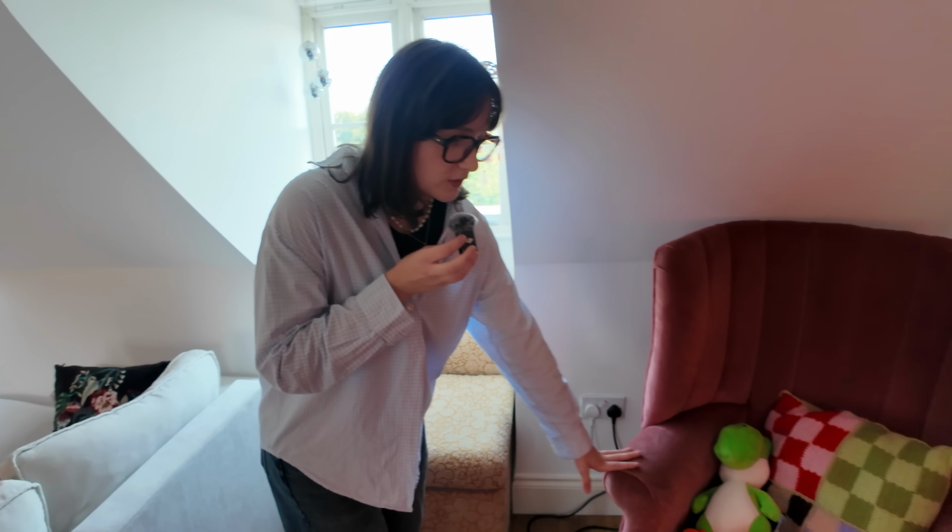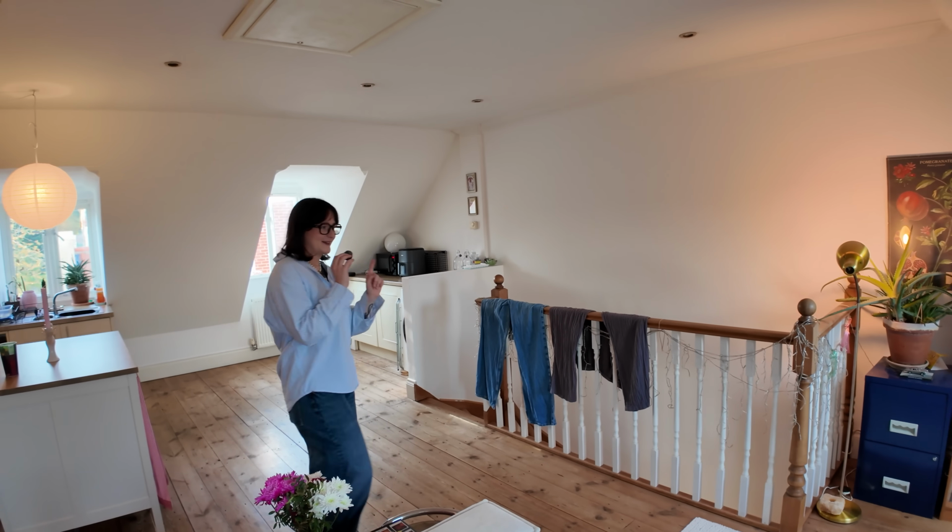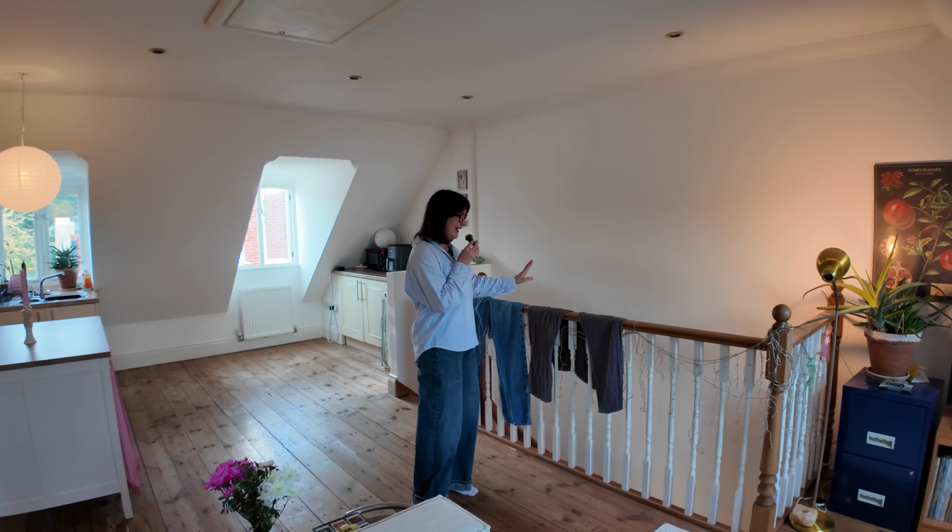Same as this gorgeous, is it Laura Ashley? Laura Ashley chair, which is amazing. When you sit in it, it blocks out everything. Like you can't hear anything, which is quite nice. Quite soothing. I think one of the most underrated things that I don't really talk enough about is this railing,